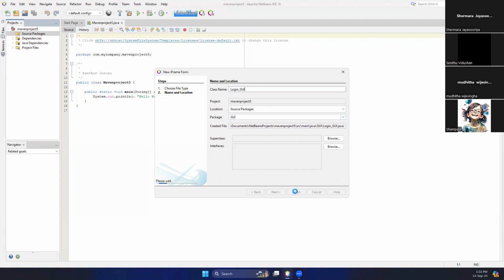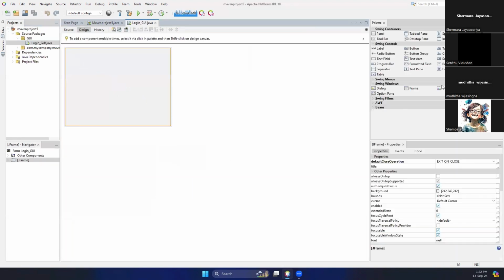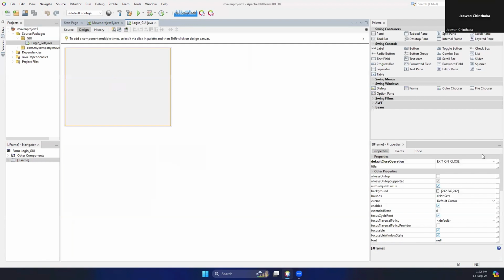There, I'm going to create it. Right now, here for this login GUI, this is the JFrame form, right? Then you can resize it the way you want. Here you can have the